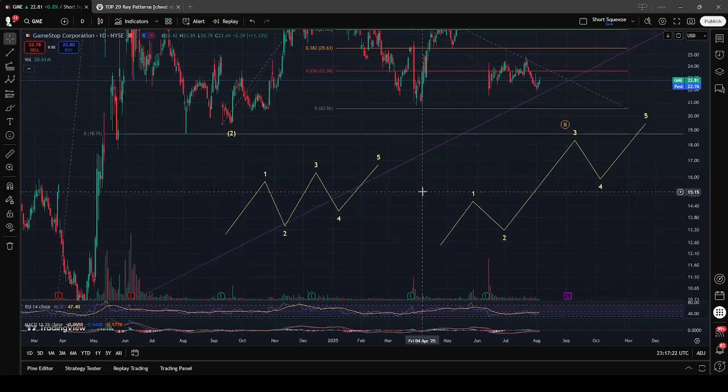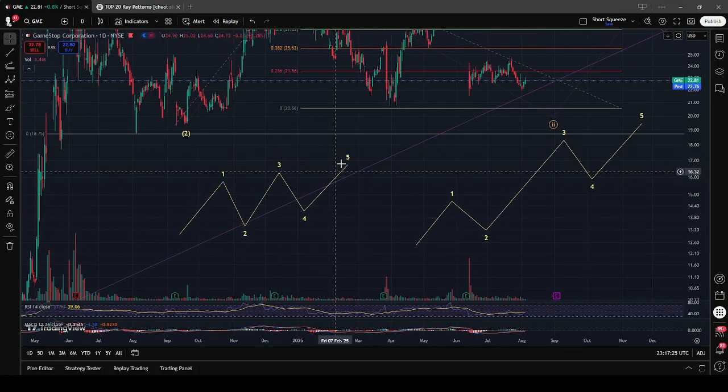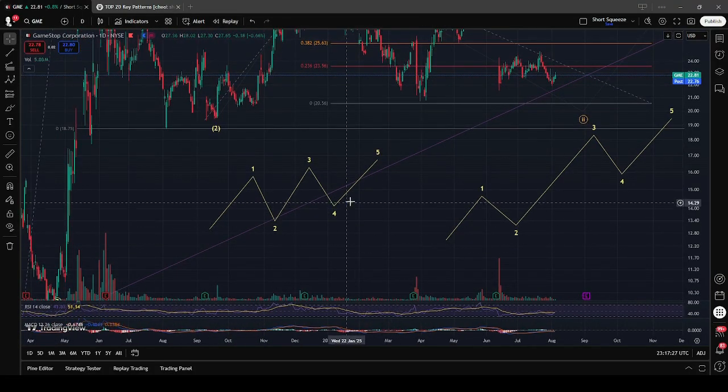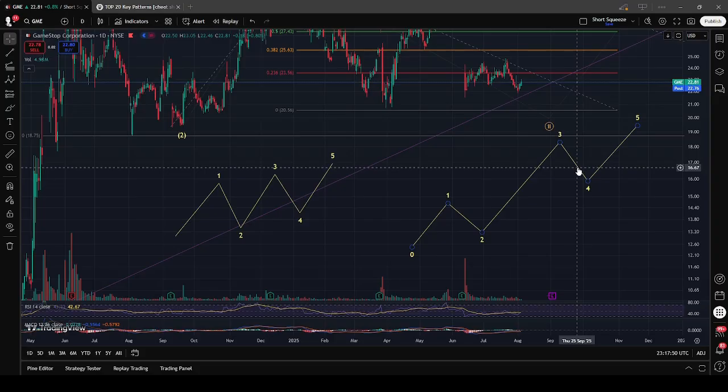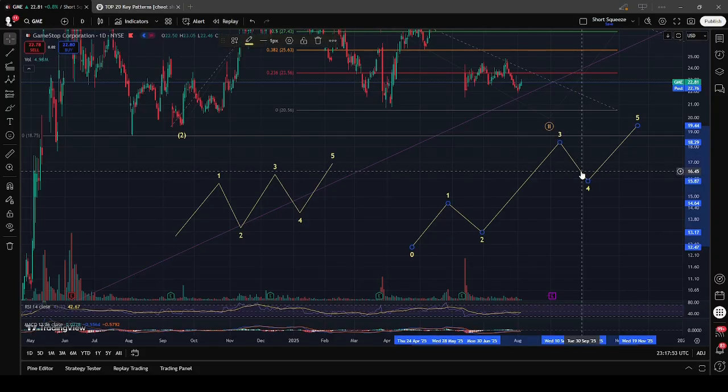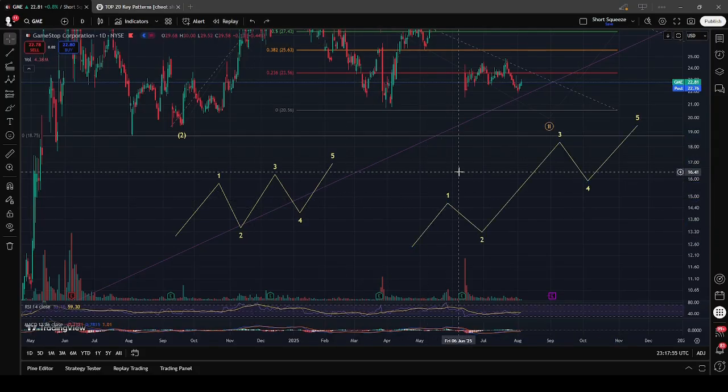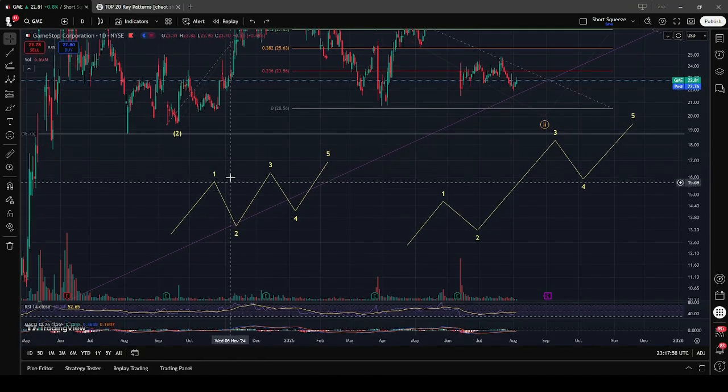In a diagonal, however, you're going to see a lot of overlapping price action, but overall it's going to be a higher high and a higher low, right? So this is why it would be 1, 2, 3, but then 4 would cross into 1 territory, but it wouldn't go lower than 2. And 3, 4, 5 would also be going higher, but it wouldn't be as explosive as the impulsive wave. And the way that this diagonal is being counted,